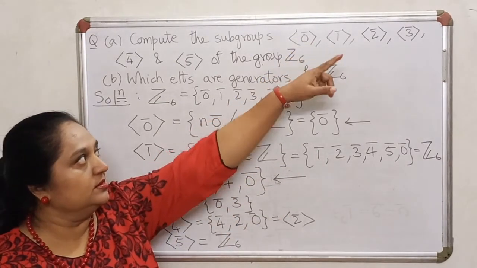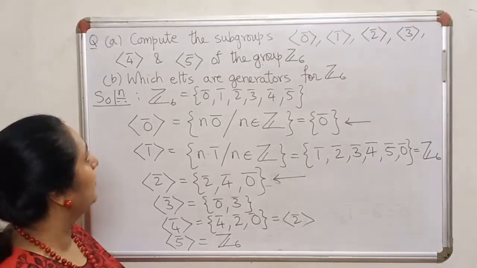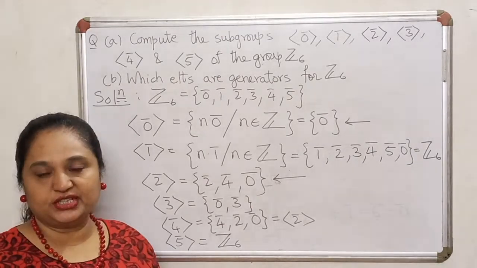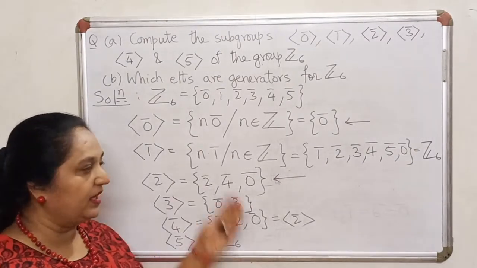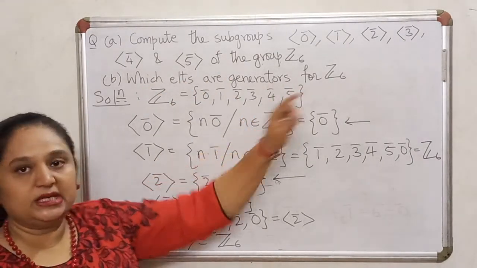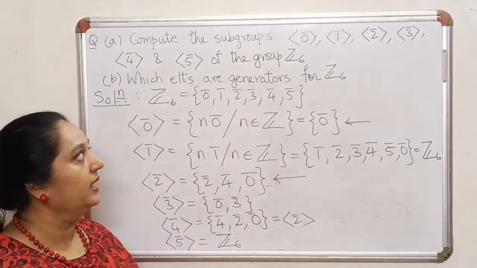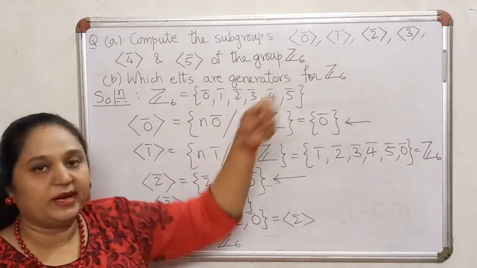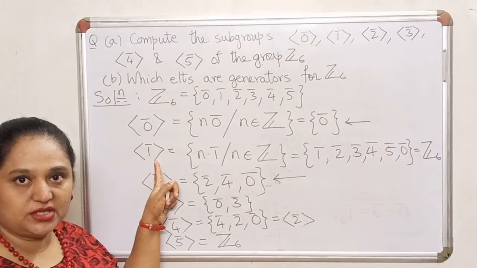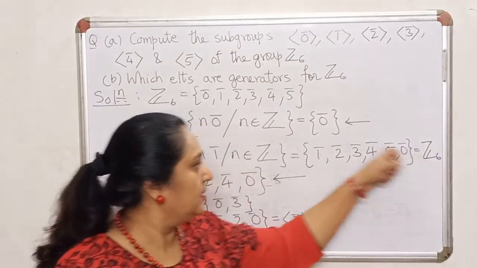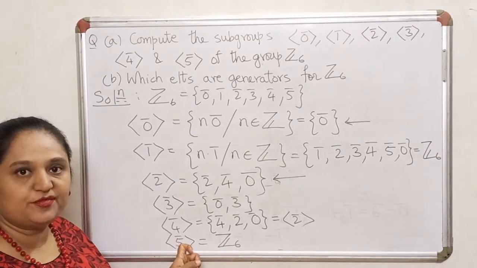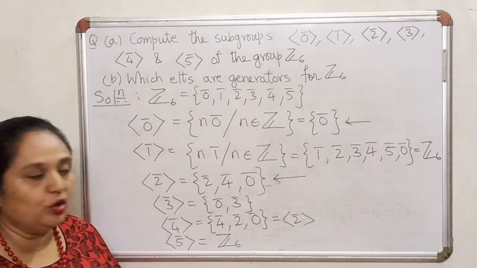So we have managed to get subgroups generated by each one of them. And now let's come to part B of the question. Part B of the question is now actually very easy to answer. We have done the hard work. Part B says, which of the elements are generators for the whole group? In other words, if you look at the subgroup generated by some element, in which cases do you get the whole group? Look at this. This is one such case. So, Z6 is generated by 1 bar. There is one other element where this happens, and that is 5 bar. For no other element do we get the whole group.